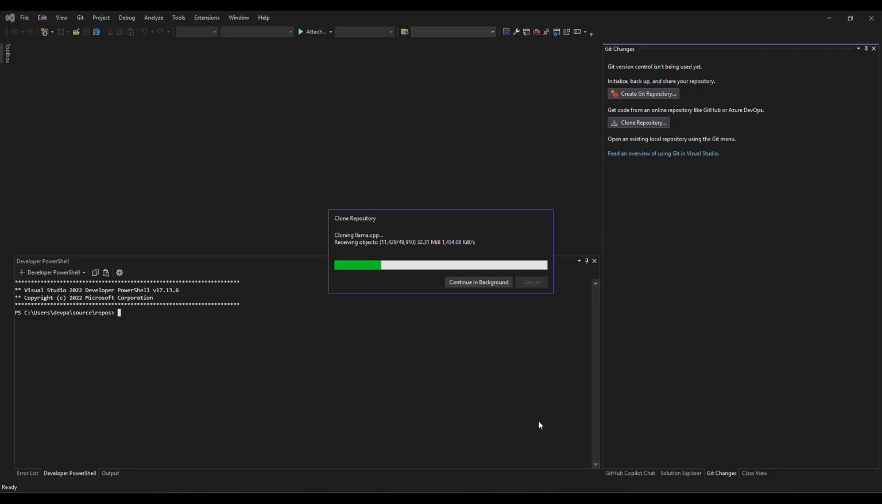Be aware, I'm using Visual Studios, not Visual Studios Code over here. For this project, we need Visual Studio. So what we'll do is we'll take that URL and clone the repository. While this is running in the background, let me just give you a quick